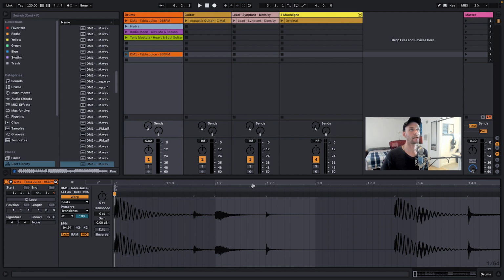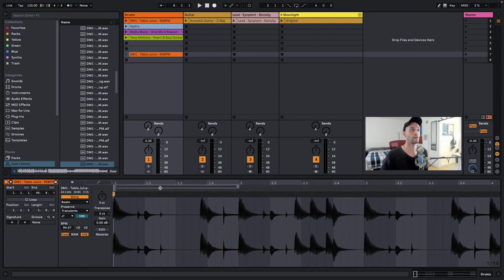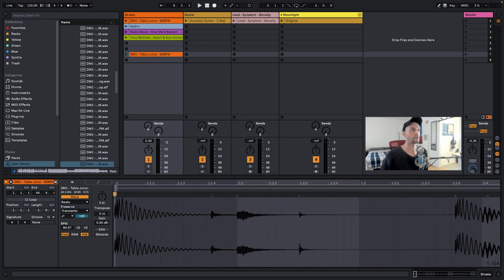Up at the top is the beat grid or the meter of the song. You can see it counts out 1, 2, 3, 4, 2, 2, 3, 4, 3, 2, 3, 4, and so on. And that is going to be our scale that's going to line up this whole clip. So establishing the 1,